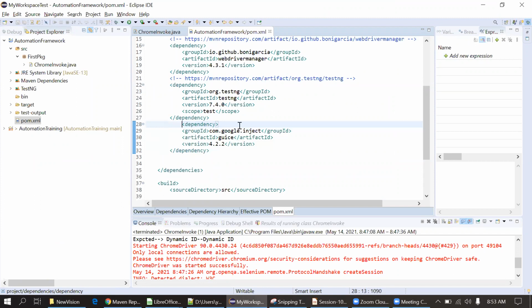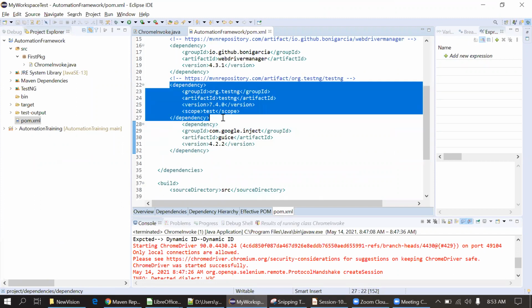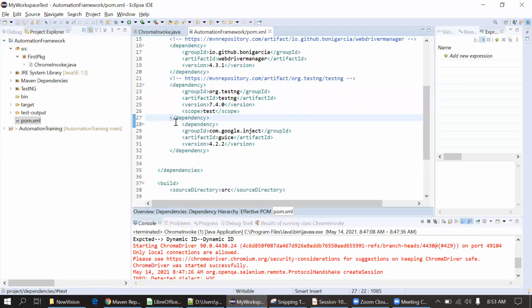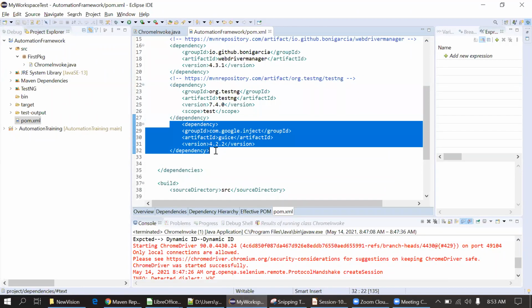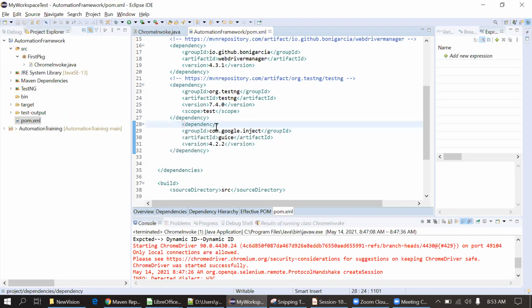I got some error when I just put this dependency. So I googled that error and I got the resolution that we have to add this one more dependency, and that will resolve your problem. Anytime you are getting an issue, because all these things are open source, you might get issues in the future. So just google that out, you will get the solution online, because these softwares have very big support from the community. If you have done this, you will be able to use the TestNG features.